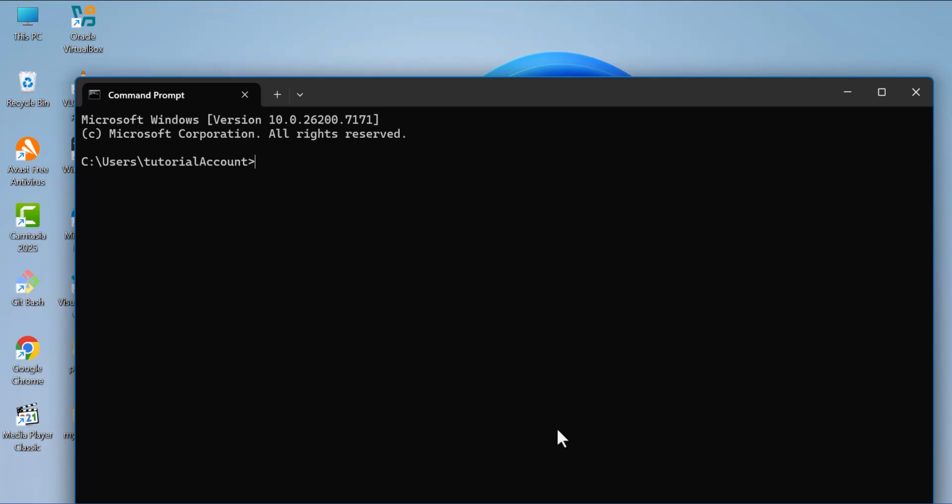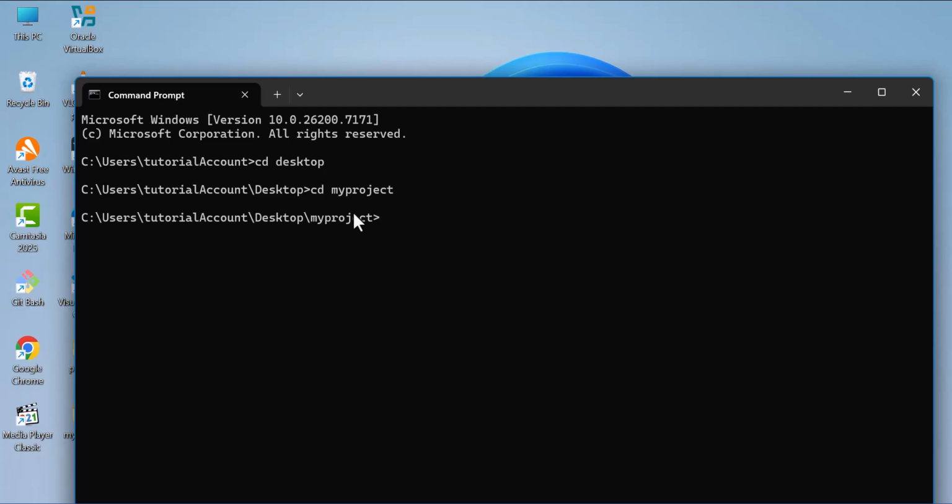We can see right now we are in our tutorials account. We want to head over to desktop, and we will do that by saying cd desktop. CD stands for change directory. So right now you can see we are inside the desktop directory. Now we are going to navigate inside our folder. So I'll say cd my project. After doing that,